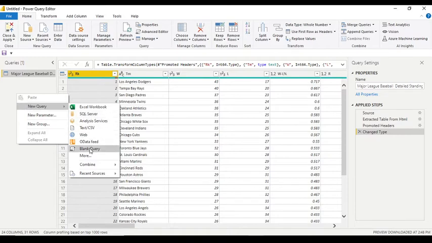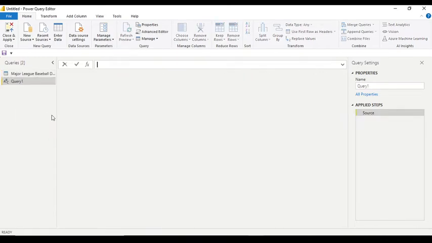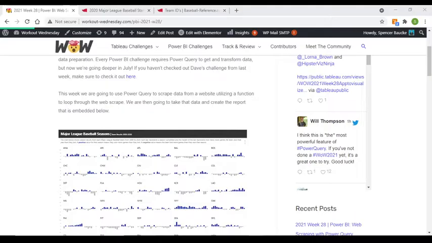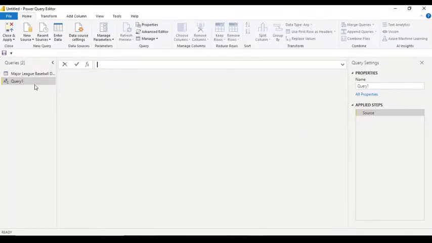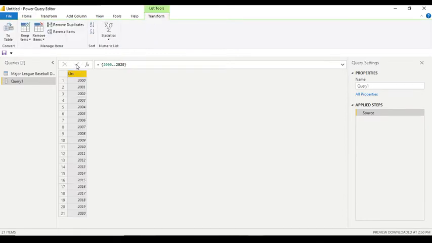So what I'm going to do is I'm actually going to start out and make a new query using a blank query, and that is what is shown here in the first step of the requirements. Create a list of desired years using blank query. So what I'm going to do is I'm going to use these brackets to create a list of the years 2000 to 2020. And when I type that, when I type these two dots, it will automatically fill in the rest